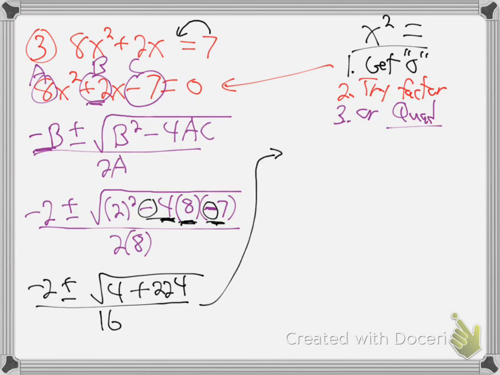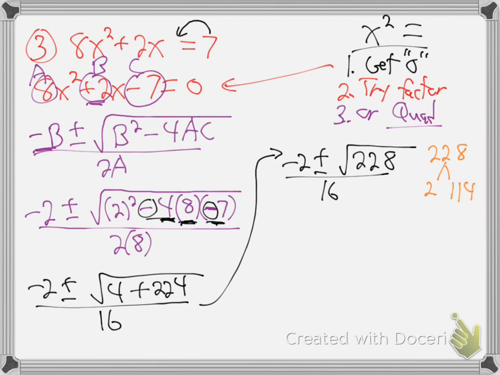Bring it up here. So now we've got negative 2 plus or minus. Now what is, that's going to be 228, right? 224 plus 4 over 16. Now 228 is not square rootable, so I'm going to go over on the side here and break it down. 228 breaks down. 2 goes in because it ends even. Use your calculator, divide by 2, that's 114, divide by 2 again,